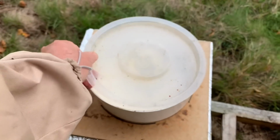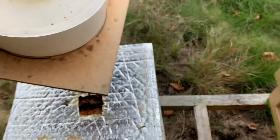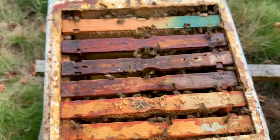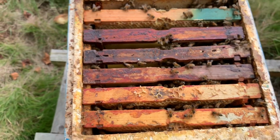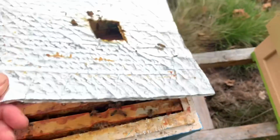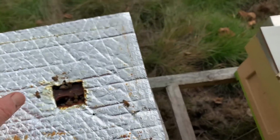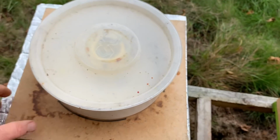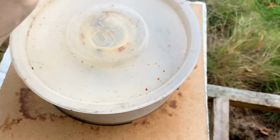I just put this top on the other day. This is another one. 3 days ago I put this on. Let's see what they've been doing with it. Building that out nicely. Look, they're moving up. I'll give them some more feed now. But they're looking good. They've emptied that feeder. They've got a really good queen. The bottom was totally packed. So they'll have another feed now, and then they'll finish off